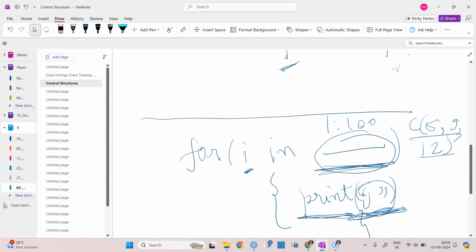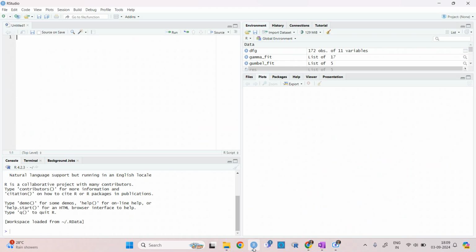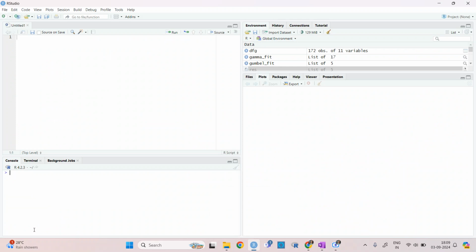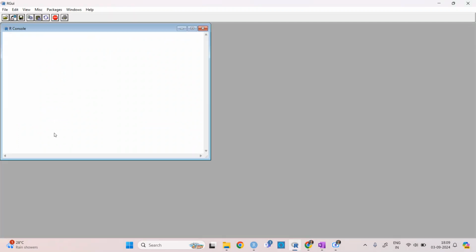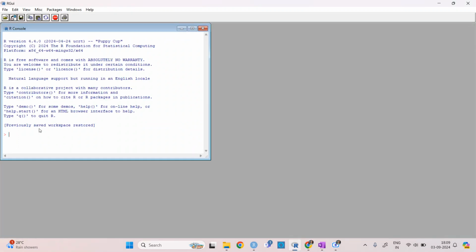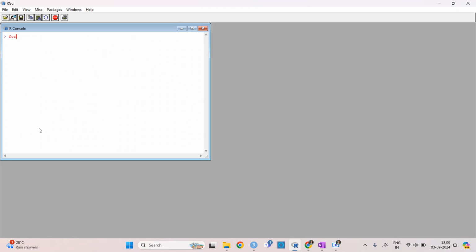So this is how the for loop works. Now we will see, and I will use RStudio, because writing a for loop can be a bit tough here. Let's say I write for i in 1 to 100, and then there will be a plus sign, so there can be some error. Maybe because I'm not used to that. You can do the same.